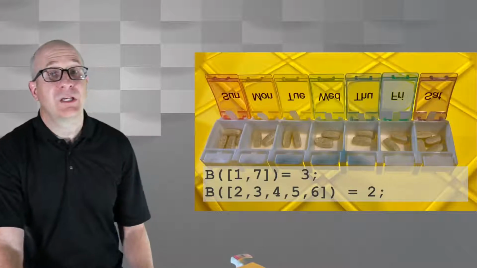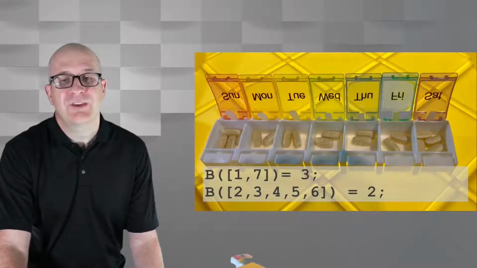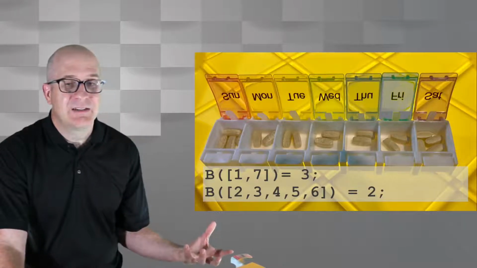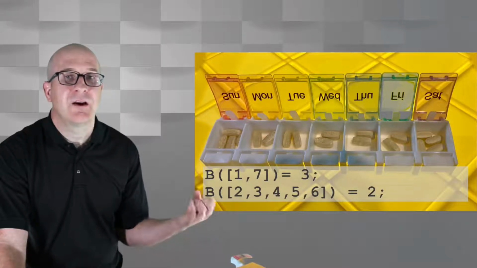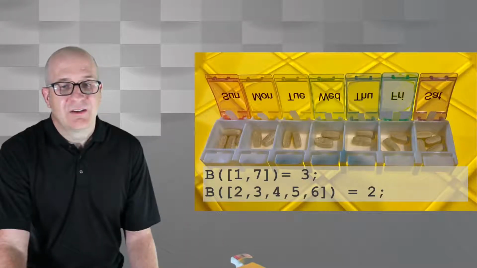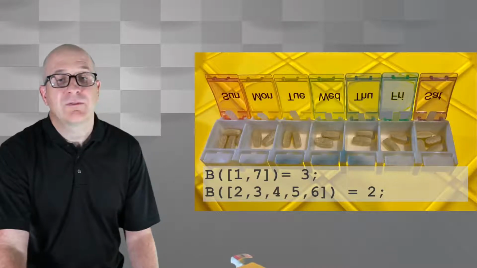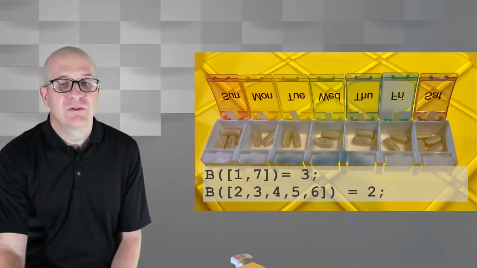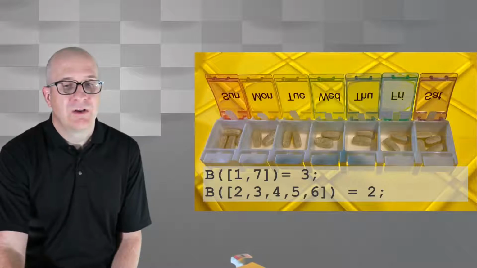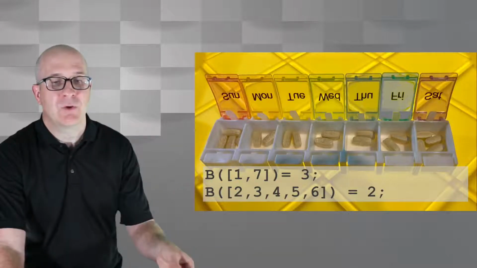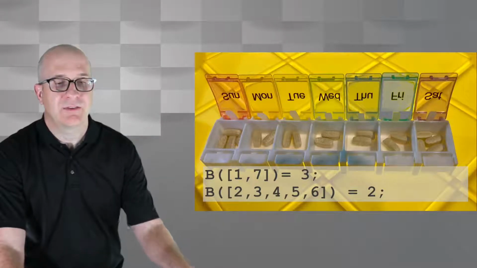So one of the things we could have noticed is that the first and the last entries of this box, B, contained 3 of these vitamins. On this next line here, I recognize the second, the third, the fourth, the fifth, and the sixth entries contain 2 vitamins each. So let's see if we can take our box B and represent it in a more compact way, like this,